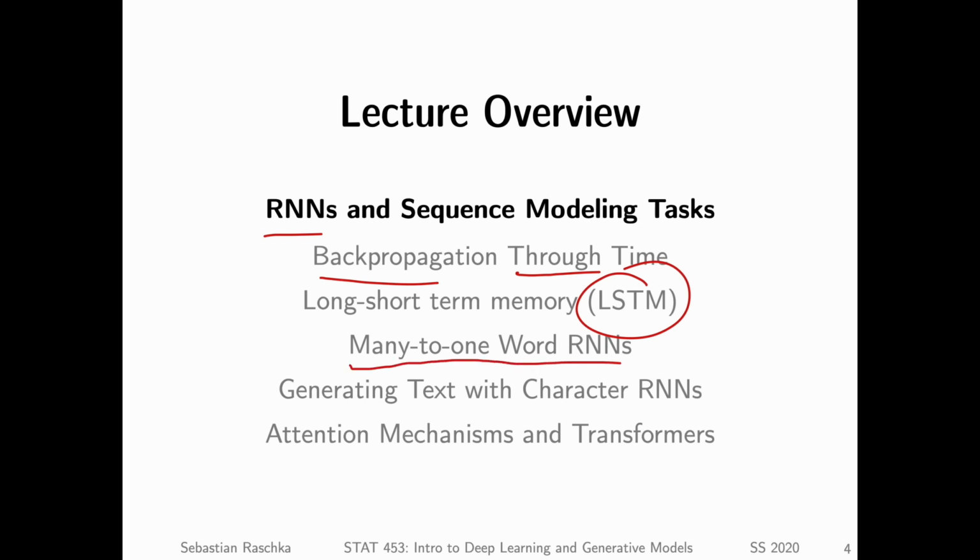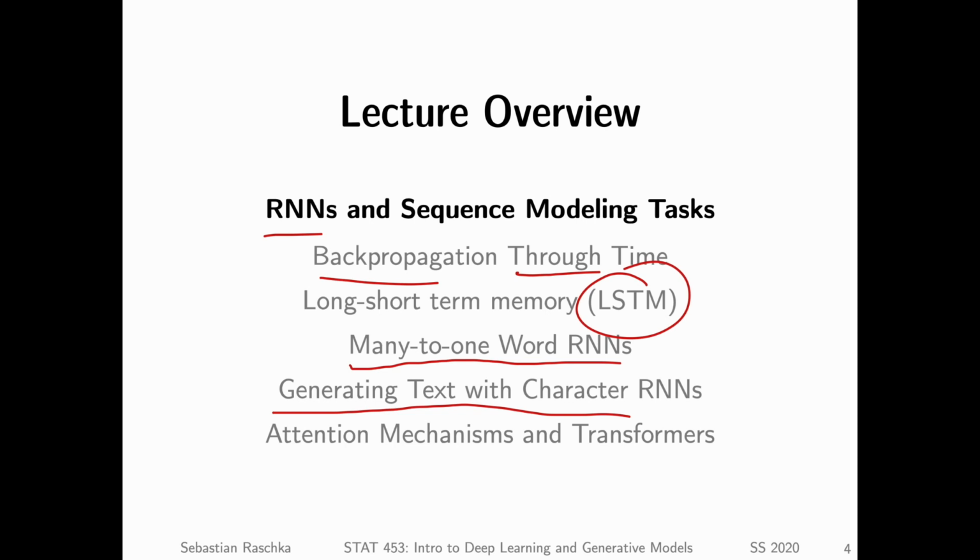Then we look at how we can use RNNs for text classification. I will mainly give you links to coding examples where you can use RNNs to classify texts. And then we will look at a generative model where we use RNNs, so-called character RNNs, to generate new text. For example, by training an RNN to read a book and then generating new text that is very similar to